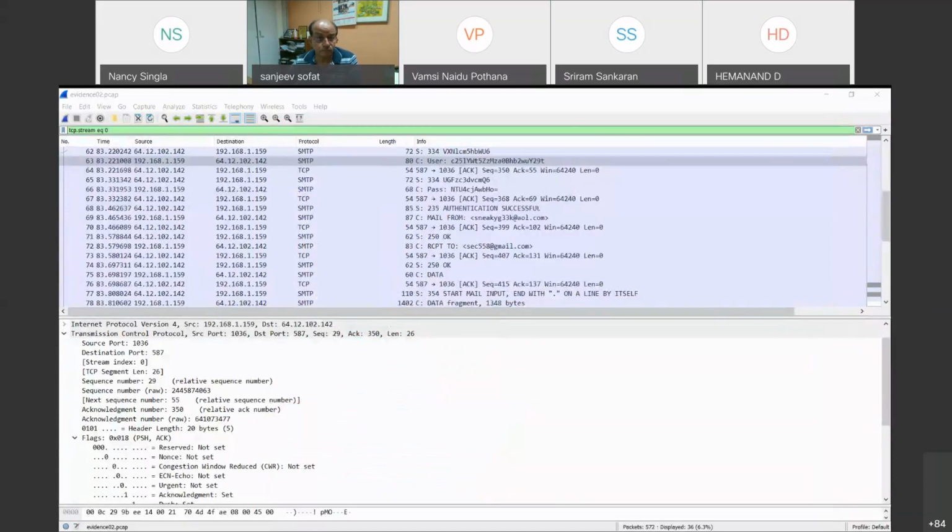It will decode to your plain text. You can see, this is the username of the Ant, and this is the password of the email ID. So in this way, if it's not secured, you can easily see the passwords. You can sniff and see the passwords.